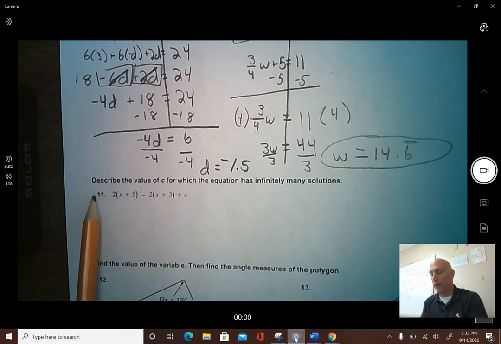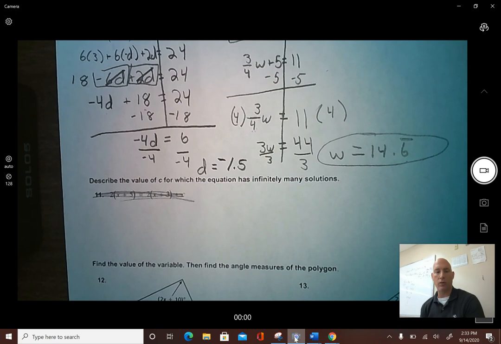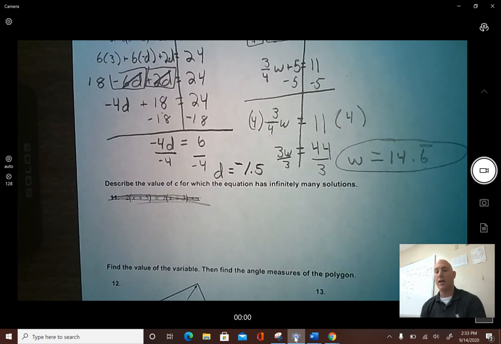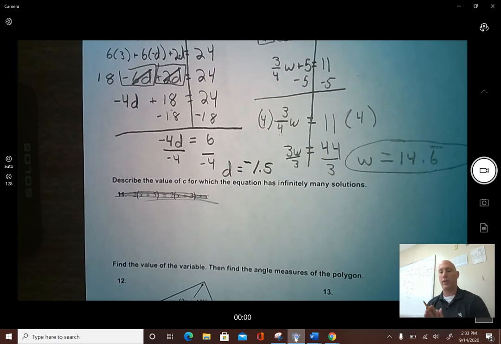Now, we will not be going over number 11. I will not be giving you a problem like that on this test. I will review it in class later on, but with us being remote this whole time, I've been trying to limit what we work on. So that goes over questions 9 and 10, and I will continue